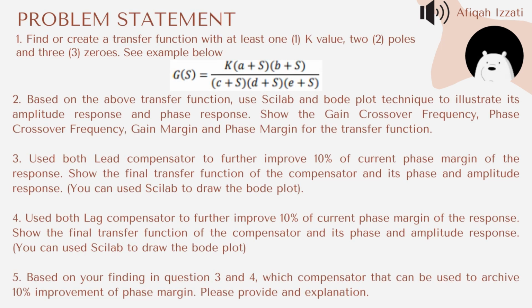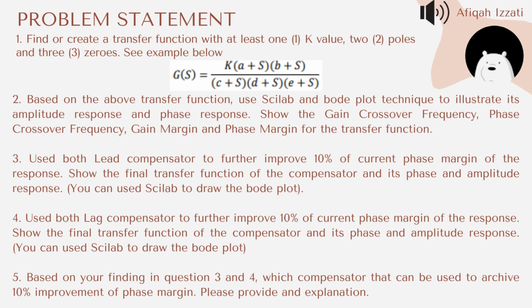We will start with the problem statement. Firstly, we have to find or create a transfer function with at least one K value, 2 poles and 3 zeros, as the example shown below. Secondly, based on the above transfer function, we have to use Scilab and the Bode plot technique to illustrate its amplitude response and phase response. We have to show the gain crossover frequency, phase crossover frequency, gain margin, and phase margin